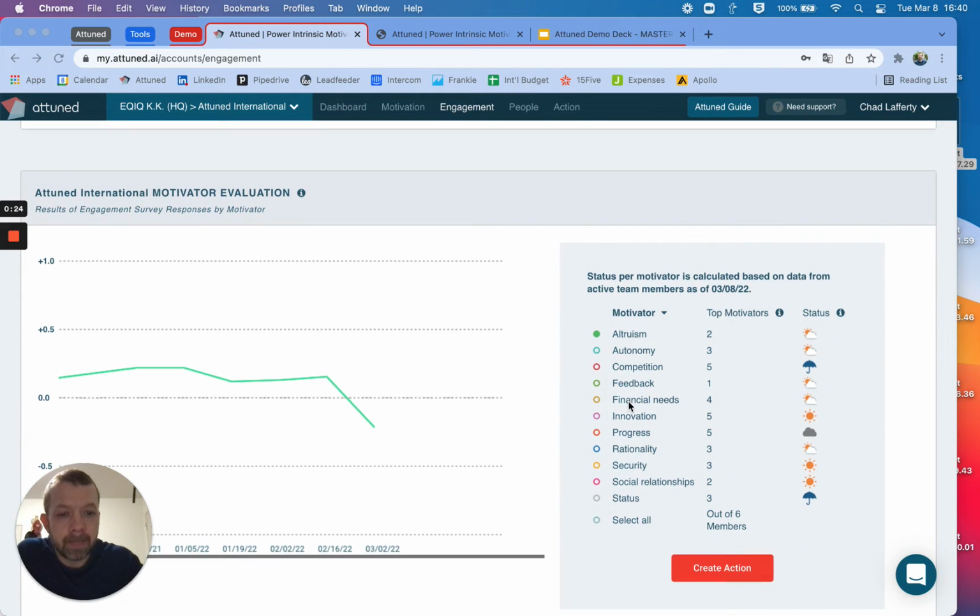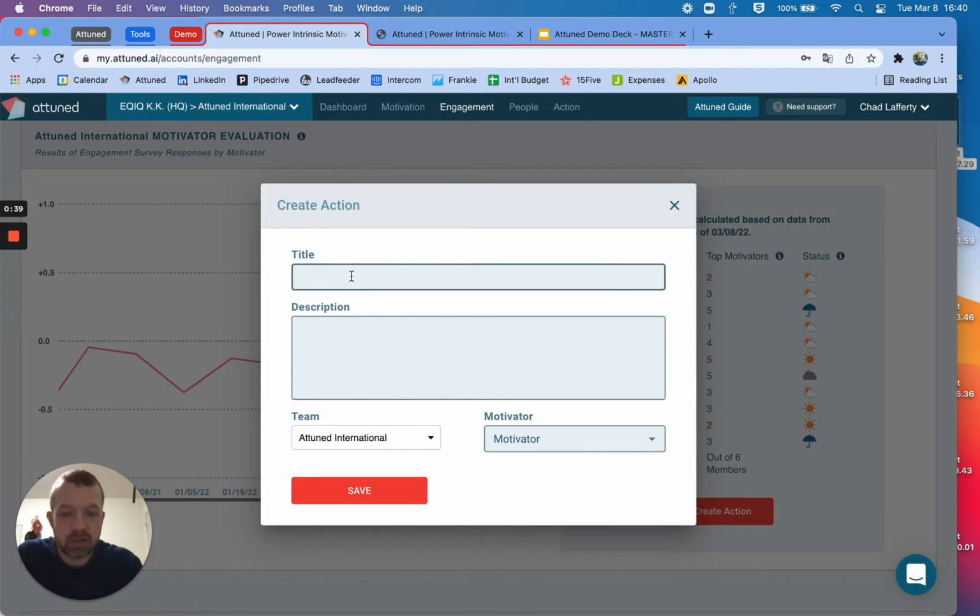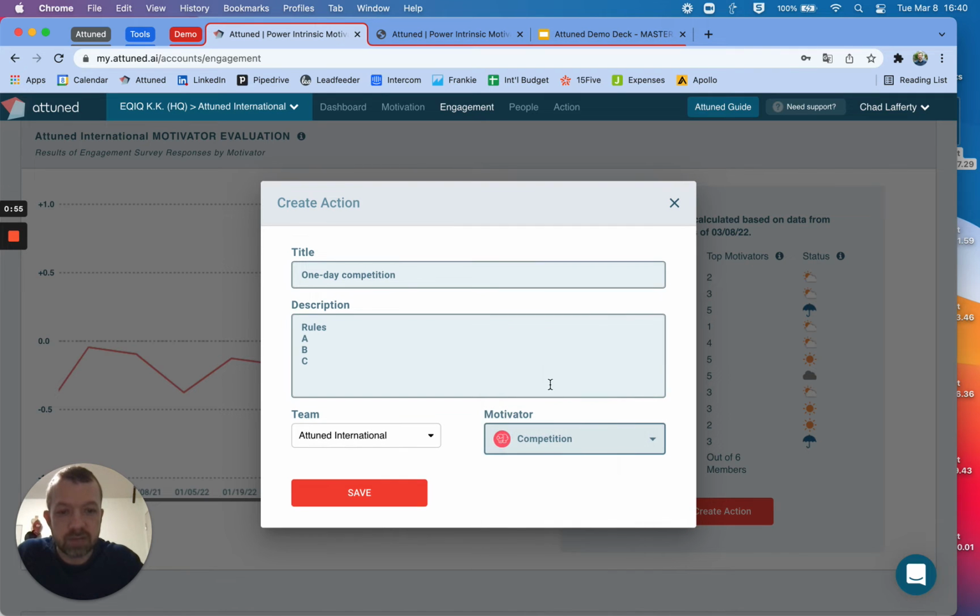So going down here, right here you have create an action. You may want to relate these to the specific answers that people are given, or if there's specific things that you want to address, you can do that. I'm just going to go in here and create one. If you have an idea, this is great. Let's see, 1 day competition. And then here you can put whatever you think the guidelines might be, or the ideas that you have, whatever works in terms of the description. If it's not fully formed, that's okay. It can still be discussed.